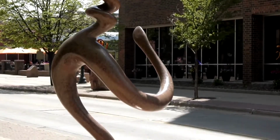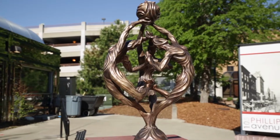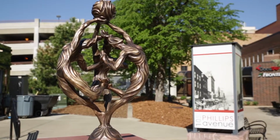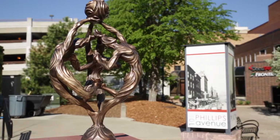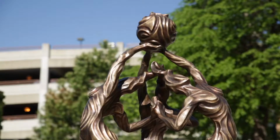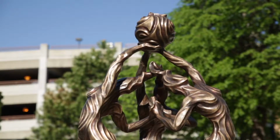My other piece is called Power of Three, and it is just a figurative piece. It's three people together. I'm one of these people that is not very good with words, and I just think the sculpture should kind of speak for itself. And I could make up this big flowery thing to describe it, but I'm not going to, because it just